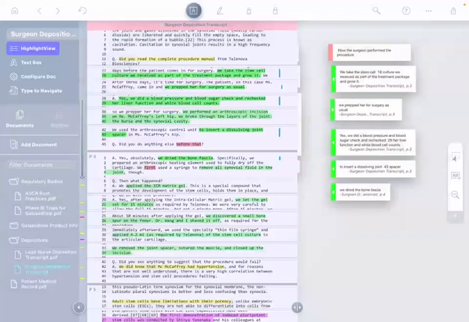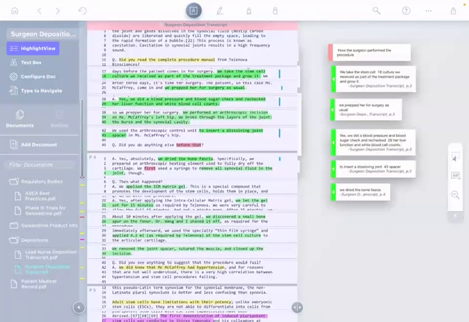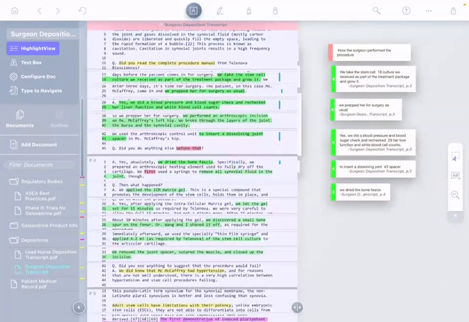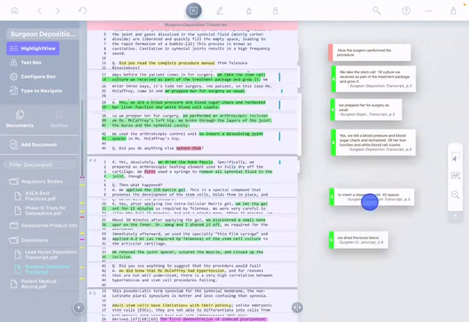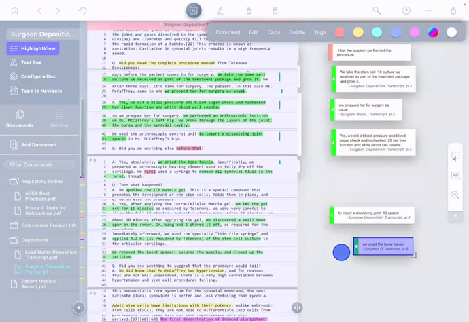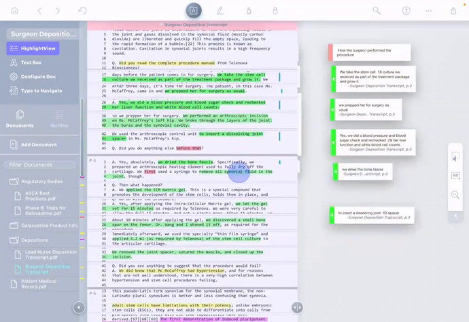So we pulled out these points, but I see something really interesting here. The points are actually not listed in chronological order because at one point the questioner says, did you do anything before that? Which means that these 2 points actually come before inserting the joint spacer. So let's rearrange this. All right, we'll put this here, put the synovial fluid here.